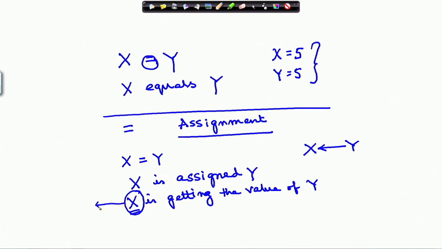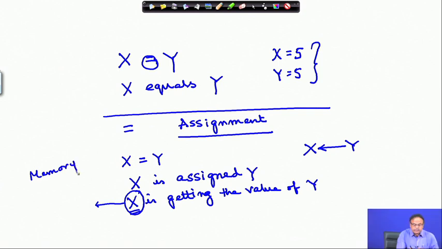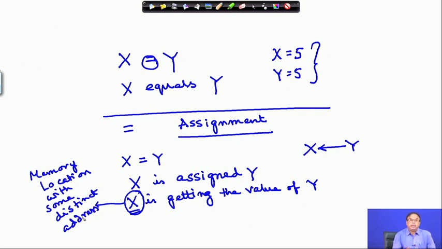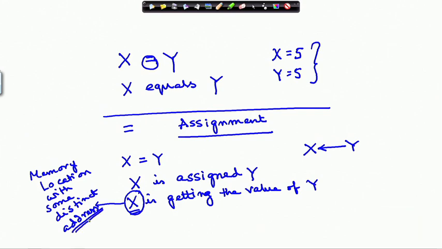So, this x is nothing but a memory location with some distinct address. And y is also a memory location